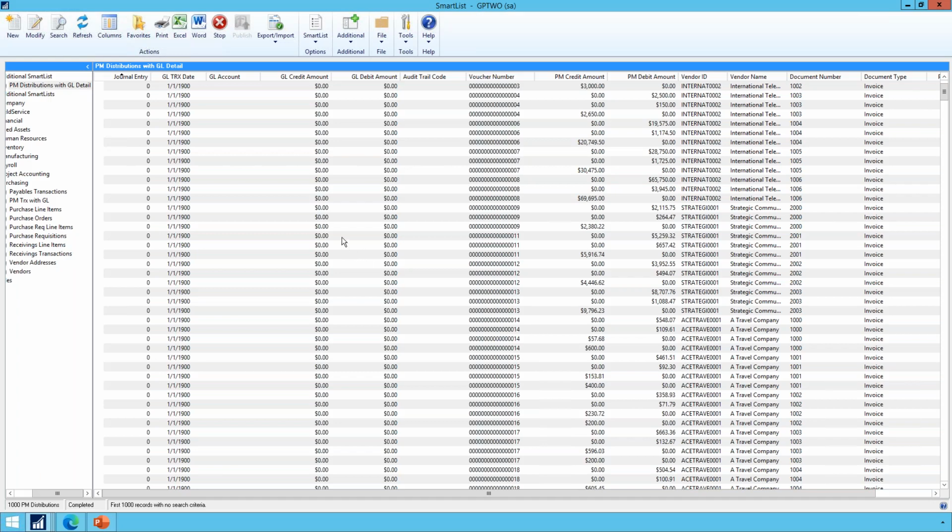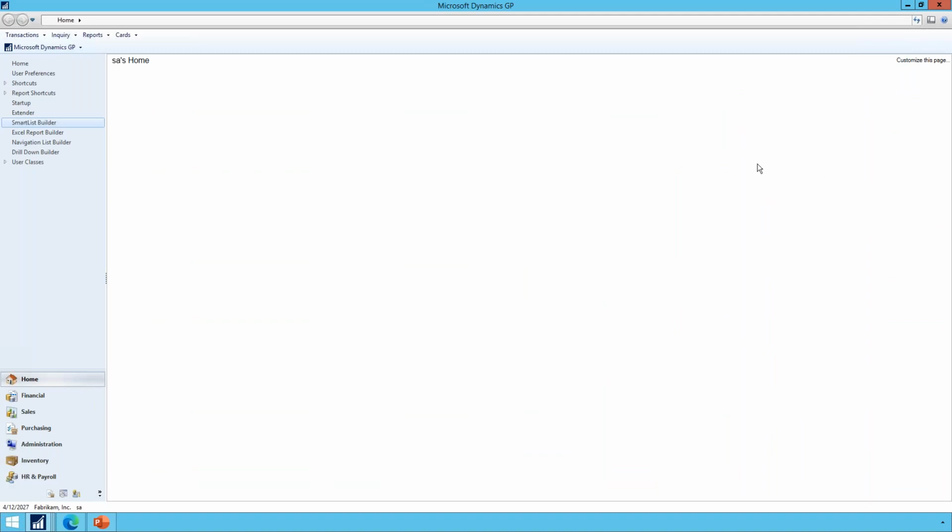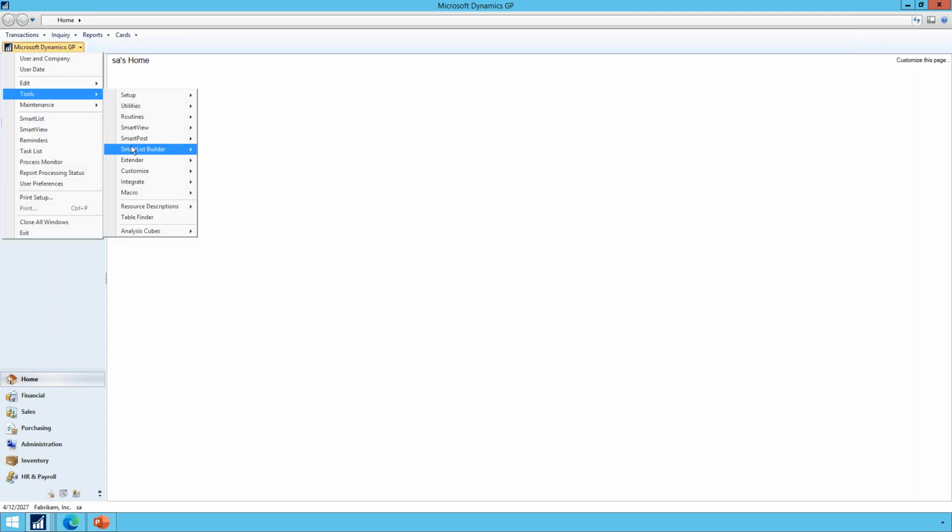So if we look at this, couple things to talk about. This is actually already built for you. So if you want this list, you've been trying to write down as I go, you're going, can I get the recording so that I can go back and figure out how she linked the tables to build this one myself? In SmartList Builder, if you go to the tool SmartList Builder import,